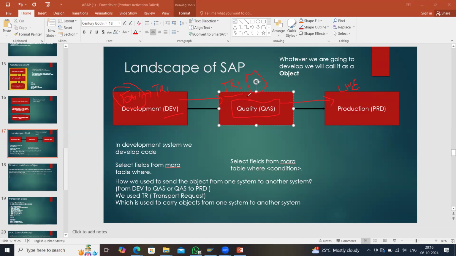But let's say in some cases, the code we have written is failing in the quality system. That code is not working as expected. As you can see here, I have made this arrow in a single direction only. Why? Because we cannot transport this TR back to the development system. What do we have to do? We have to create a new TR in the development system, let's say TR2, and move this TR to the quality system. And then from the quality system we have TR2, and we have to move it to